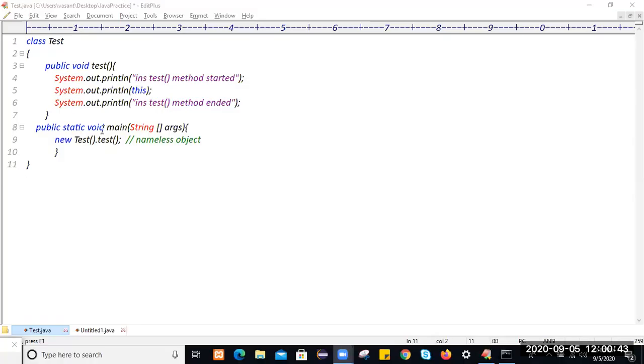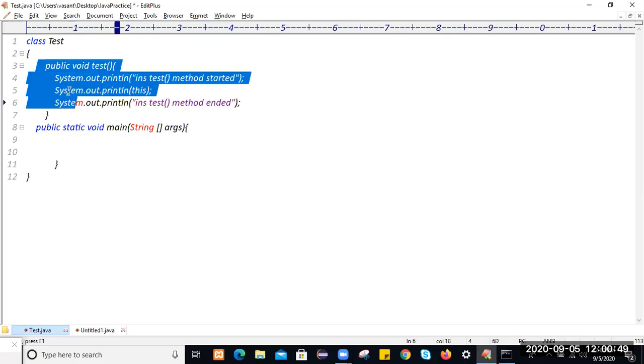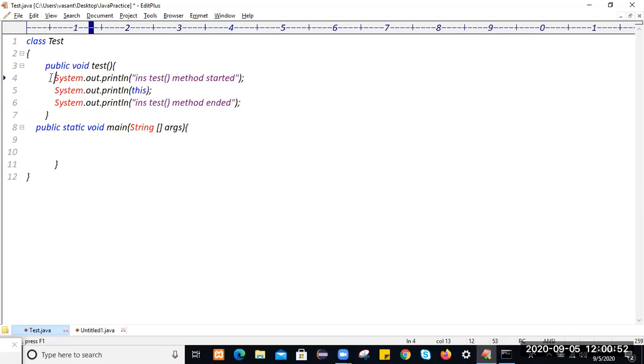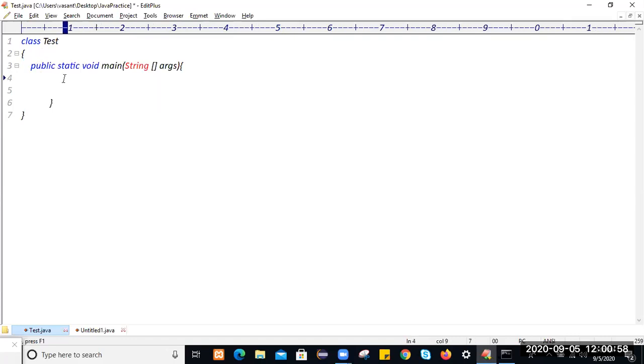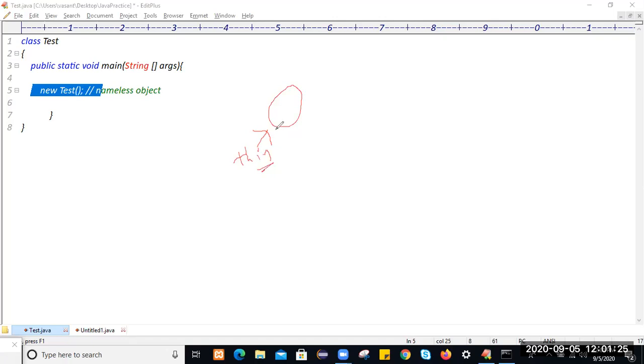Yes. There is one issue with this keyword here. What is the issue? You see, this is the instance method, right? In the instance area, you can use this keyword. But the moment you create an object, what will happen? This is a nameless object. An object will be created, and if you are not giving any name to this object, then this will point to that object. Actually, this is the current class object. This will point to that object.